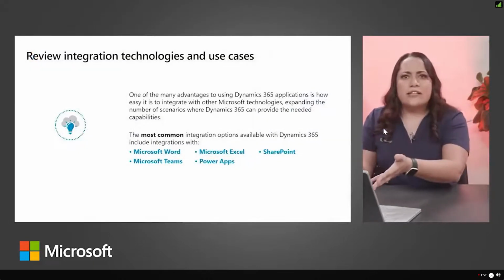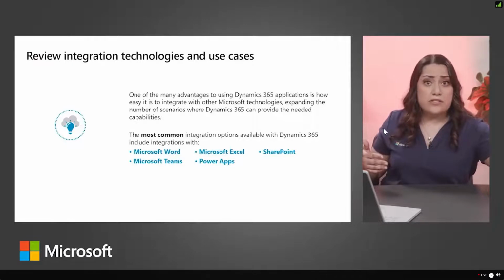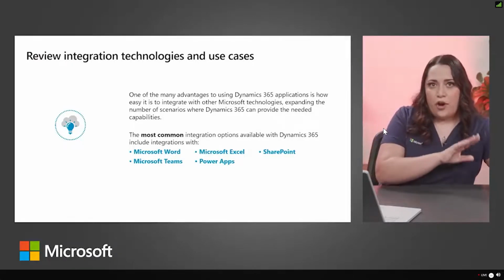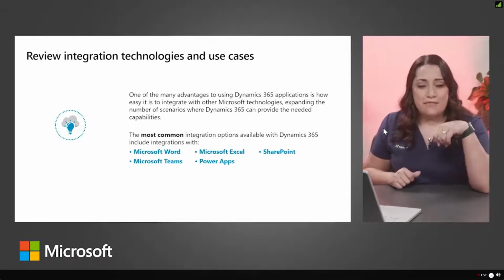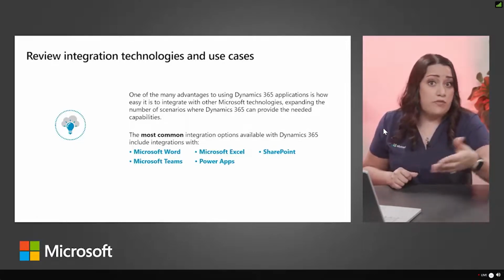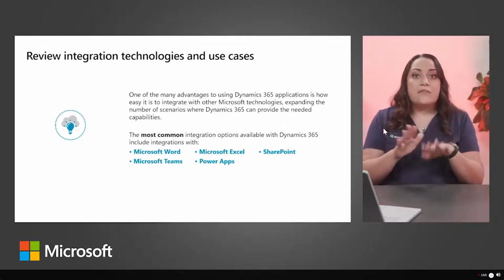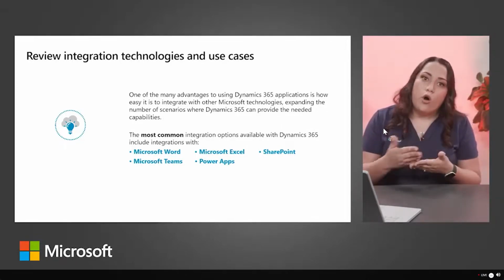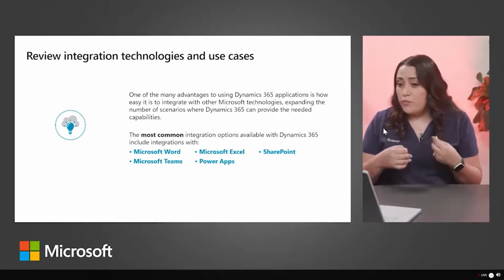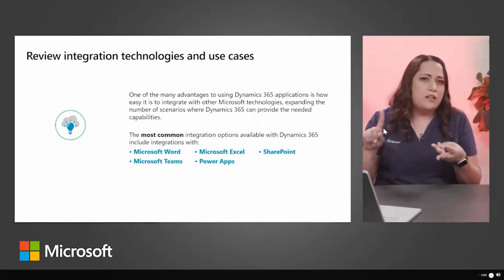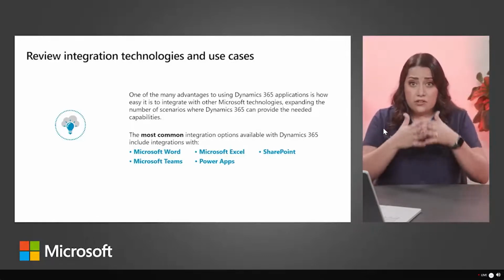So let's say, for example, you can store files in Dynamics records, but that's going to be a standalone copy. But imagine if you were able to interact with a file or a document in its native application, and then it was automatically synced across all the different platforms. Now, some of the most common integrations I see are with Word, Excel, Teams, SharePoint, and all of the different